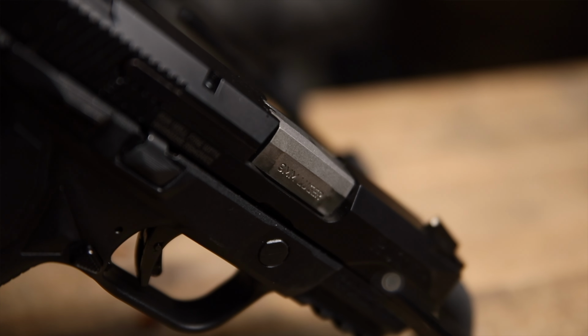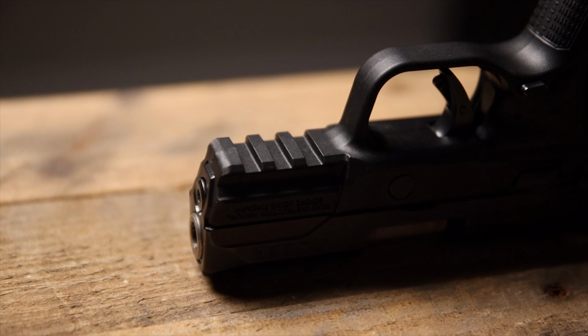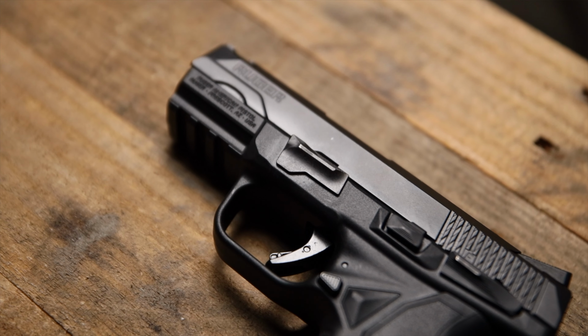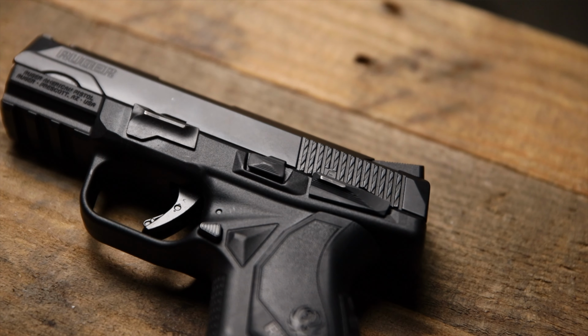And if we go to the front of the gun, you're going to have your 1913 Picatinny rail right there, and most accessories will fit into this rail. Even if you have the Glock lights or something like that, they're most likely going to fit in here. You're going to have the takedown lever on the side right here, and something really important about this gun is